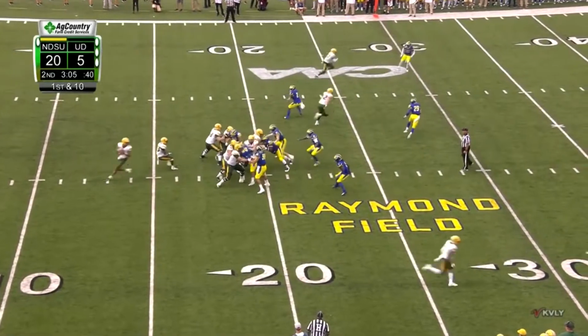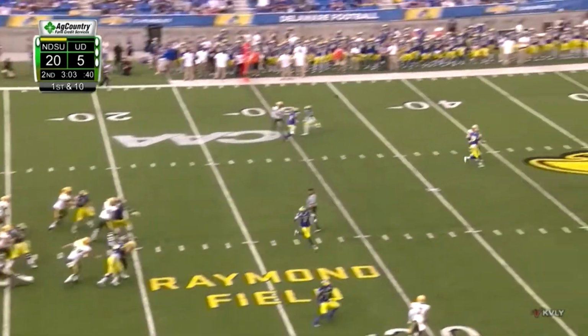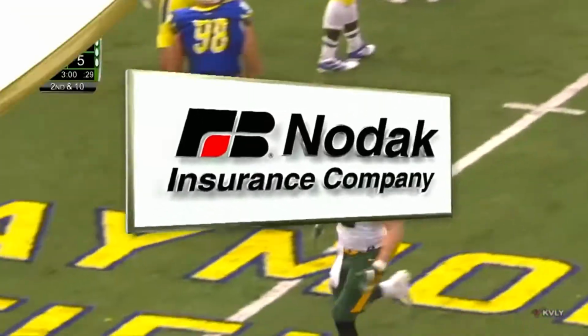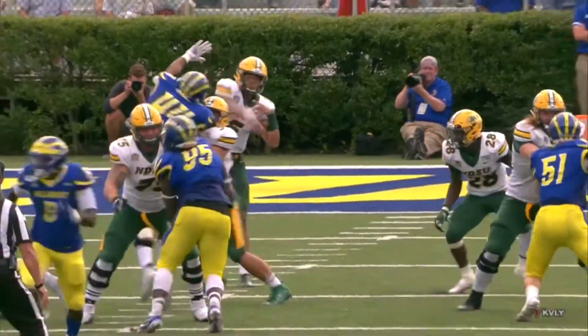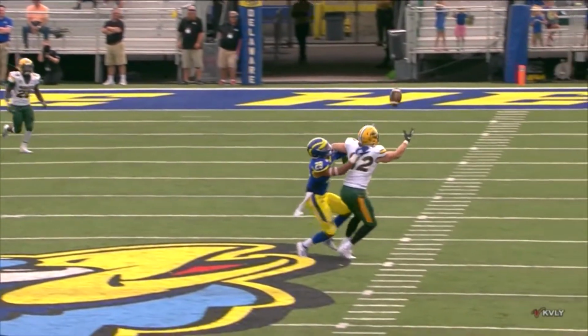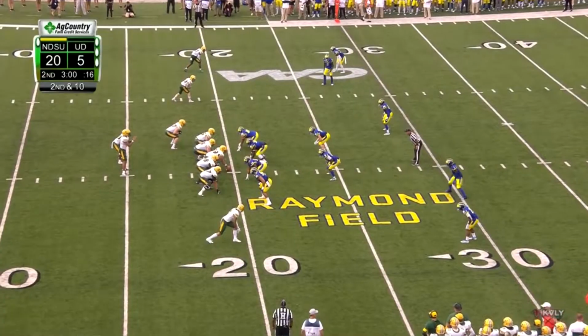Lance's numbers so far here in the first half. Lance play action, he's going to take a shot downfield. Batted up in the air as Ellefson, the situation with your tight end against Plaque, and the Nodak Insurance Company replay comes right at you. Ellefson tries to high point it, the left hand from Plaque. He's a big kid, but